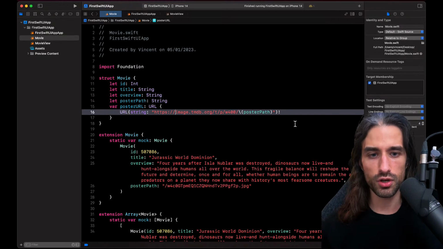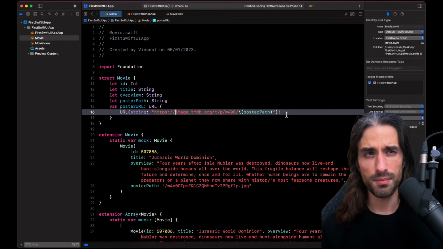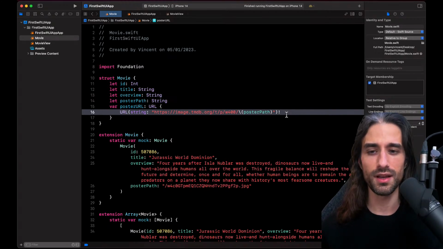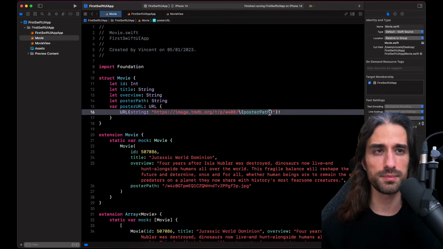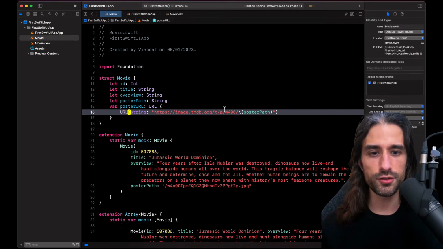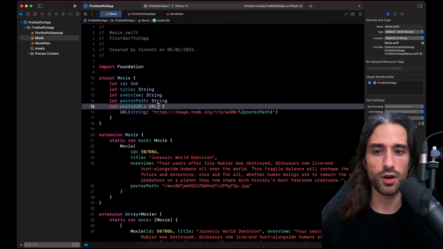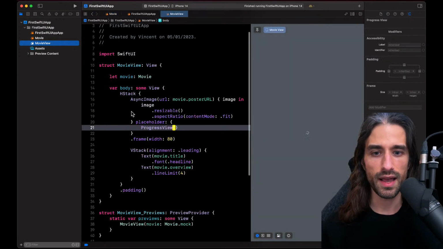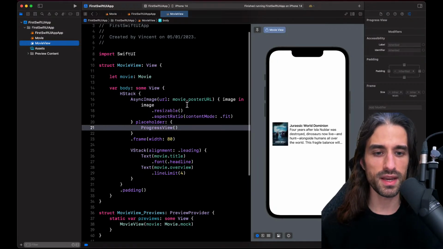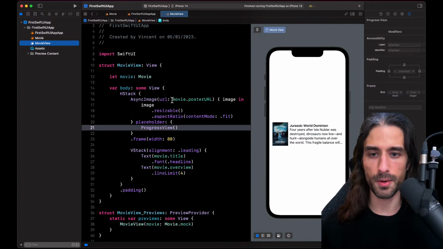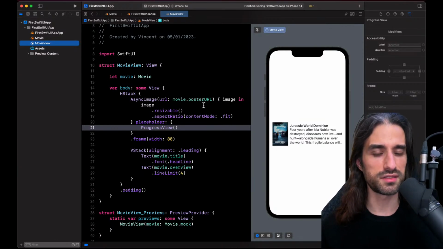I made the choice to do a force unwrap here, probably because I reused that code from a previous live where I needed an actual unwrapped URL, and I was like, okay, this will make things simpler, but you know what? Let's remove it. Let's make it optional. So now the poster URL can be nil. And as you pointed out, AsyncImage does accept an optional URL, and so it's still working.